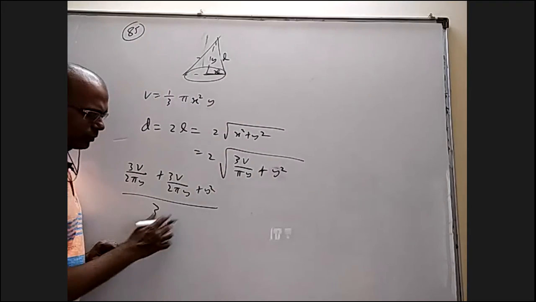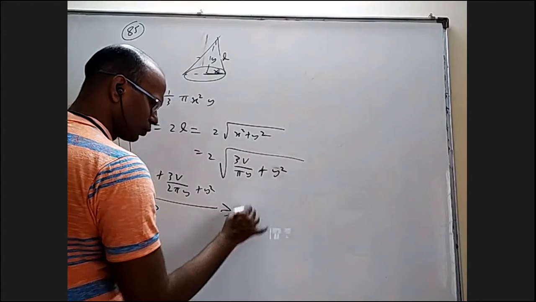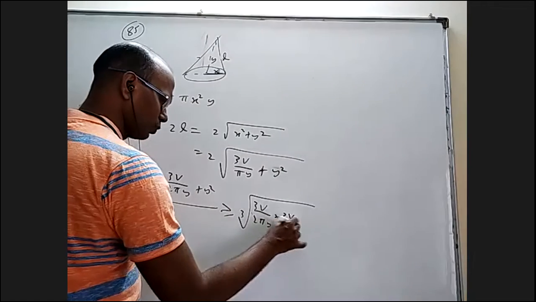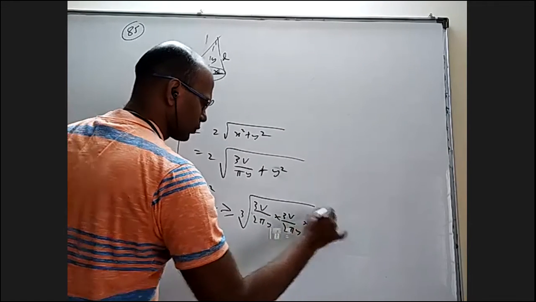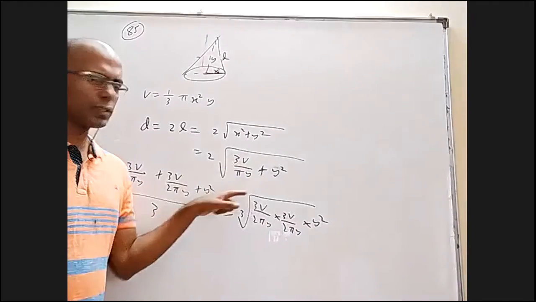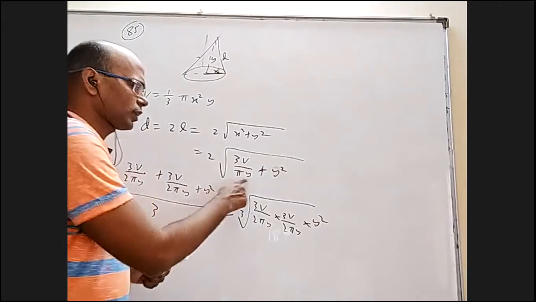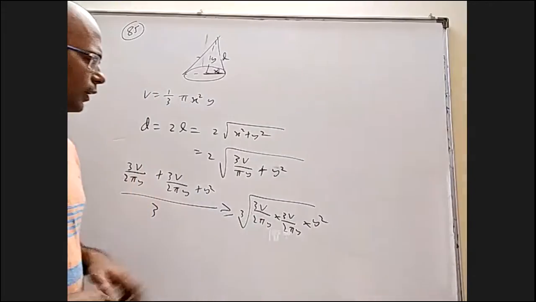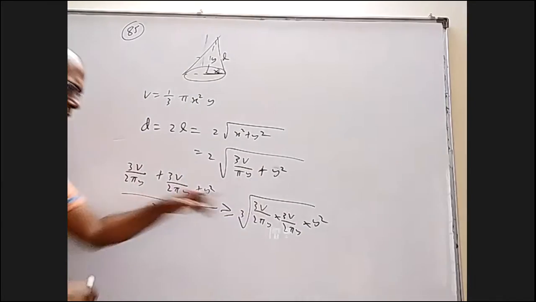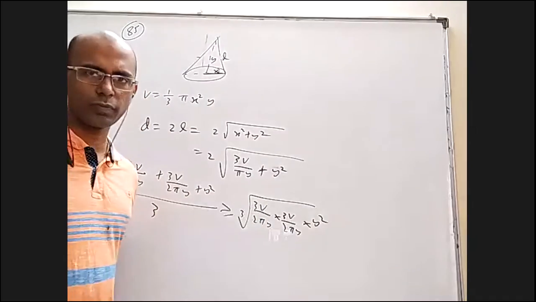For three things, the arithmetic mean is greater than or equal to the geometric mean, which is the cube root of this product, 3v by 2 pi y into 3v by 2 pi y into y square. One may say, why did you split this into two things? If I apply the AM-GM inequality directly, I will not get y cancelled. The product of these two will not be cancelled, right? But if I write it as the sum of two things, that is, half of that plus half of that, in the geometric mean, when I multiply, y square got cancelled, I got a constant which gives me the minimum value straight away.